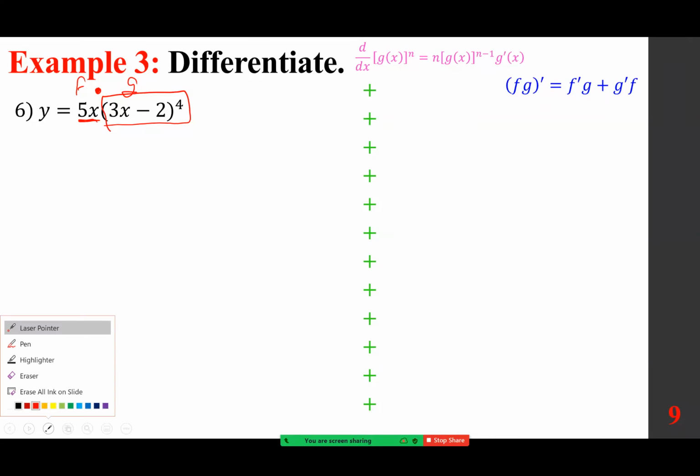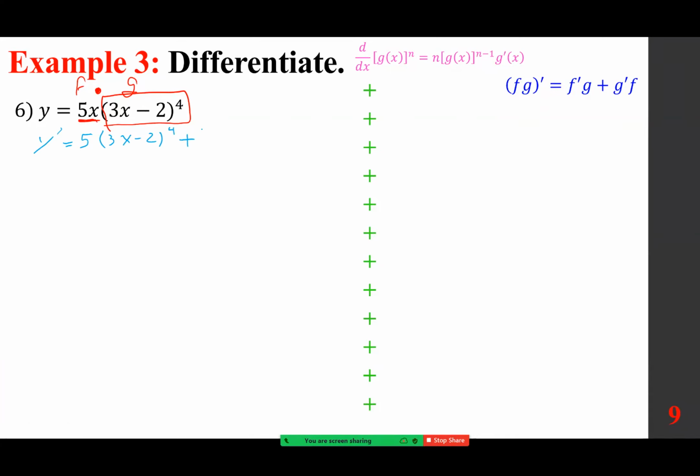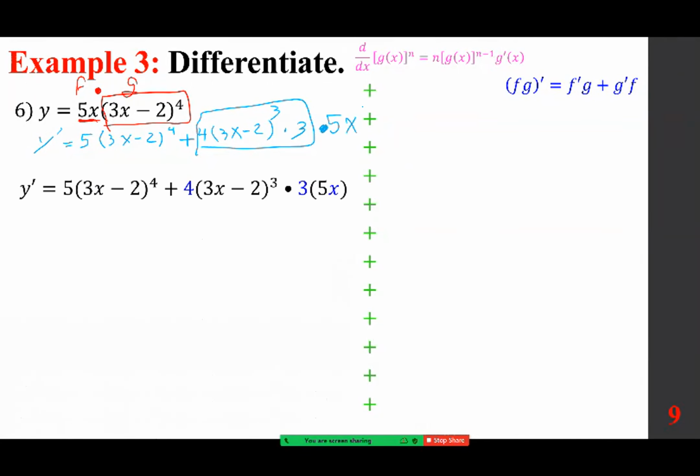Therefore, the derivative of 5x, which is 5, times (3x minus 2) to the power of 4, plus the second piece, I use the extended power rule, 4 times (3x minus 2) cubed times 3, and now times the first piece, which is 5x. So this is a better way of seeing in the next line, but I want you to